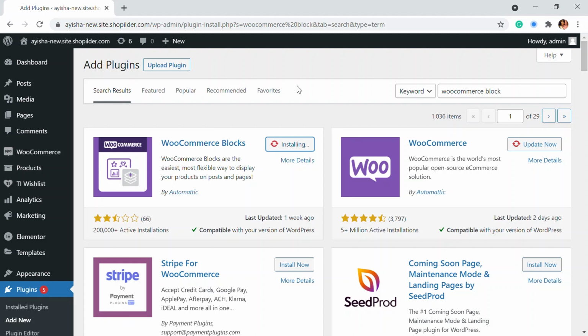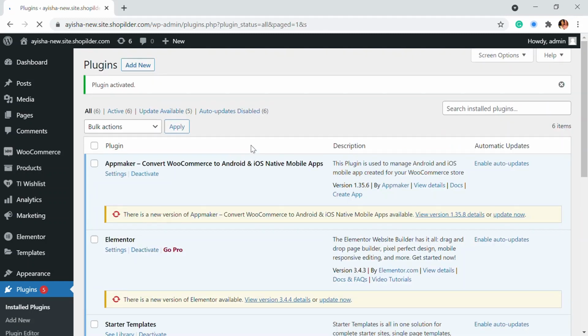This works only with Gutenberg. If you are trying to integrate it with Elementor or some other plugin, it won't work. But you can definitely try both in different sections. If you are creating pages, one page you can create with Elementor, another one with the blocks. There's no issue in that. I've just installed the plugin, and we're going to activate it. This is a very simple two-step process where you can create your WooCommerce checkout page similar to a Shopify one.